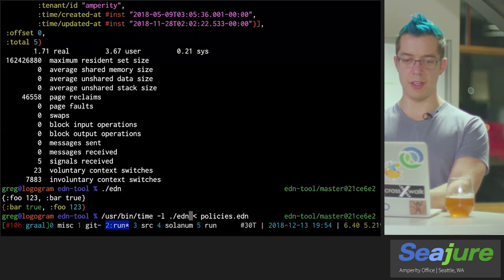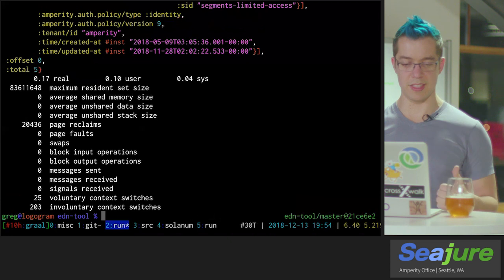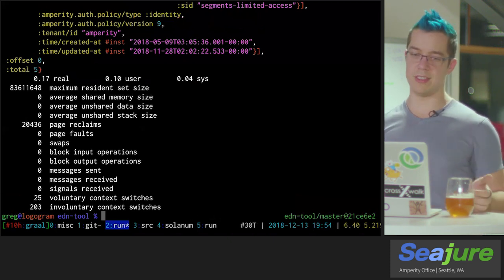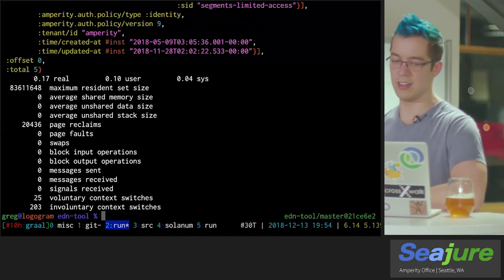If we use the native image, that took 170 milliseconds, and only 83 megabytes of memory. So our resource usage is down substantially. The responsiveness is effectively real-time as far as the human is concerned.